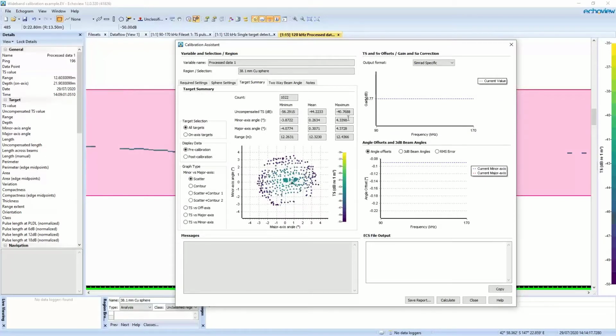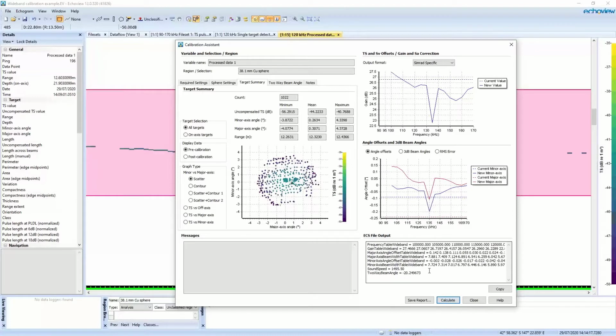So, wideband calculations. If I now click calculate for this file that I've set up already, EchoView will calculate our calibration corrections based on the data that I'm analysing here. We can see our results here in the top right. We have a dashed line that indicates the current value.